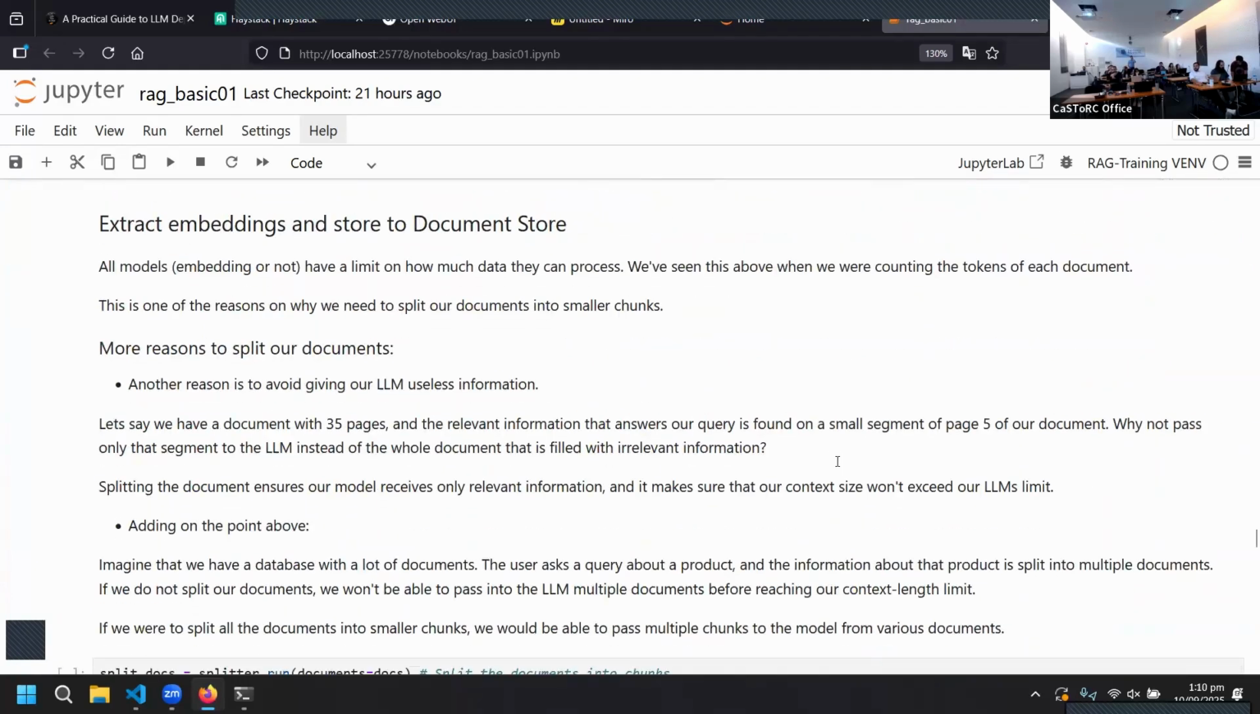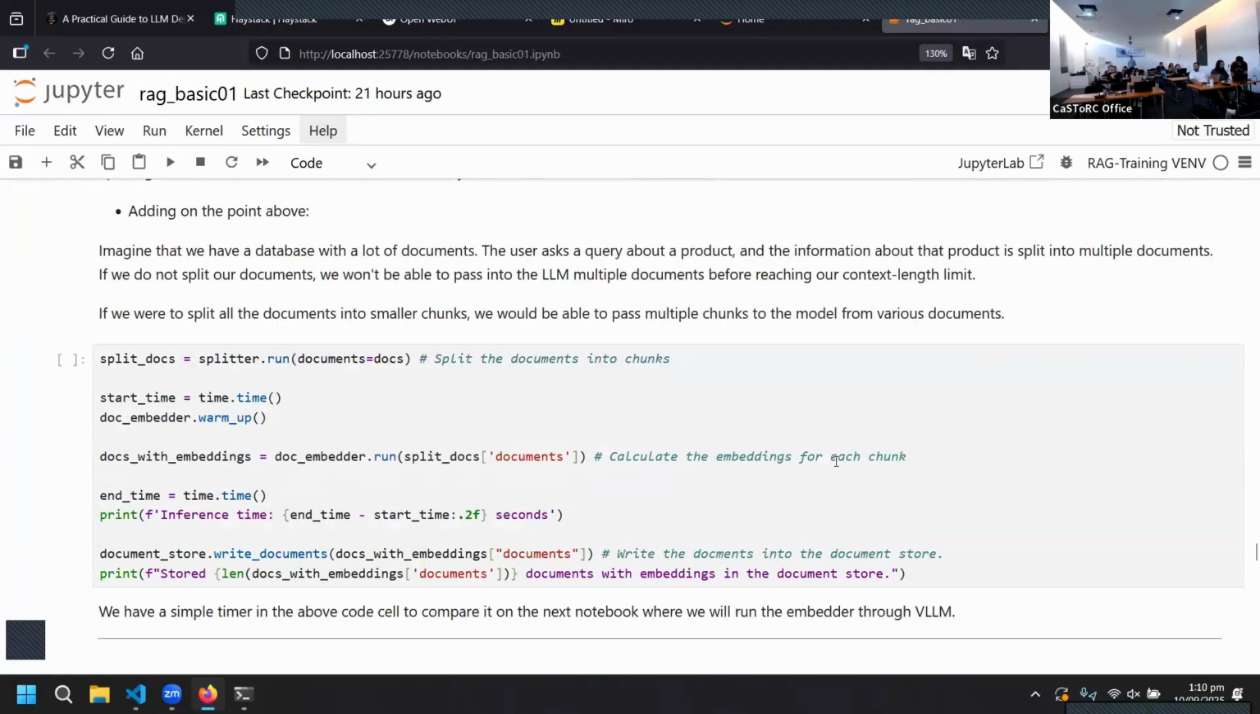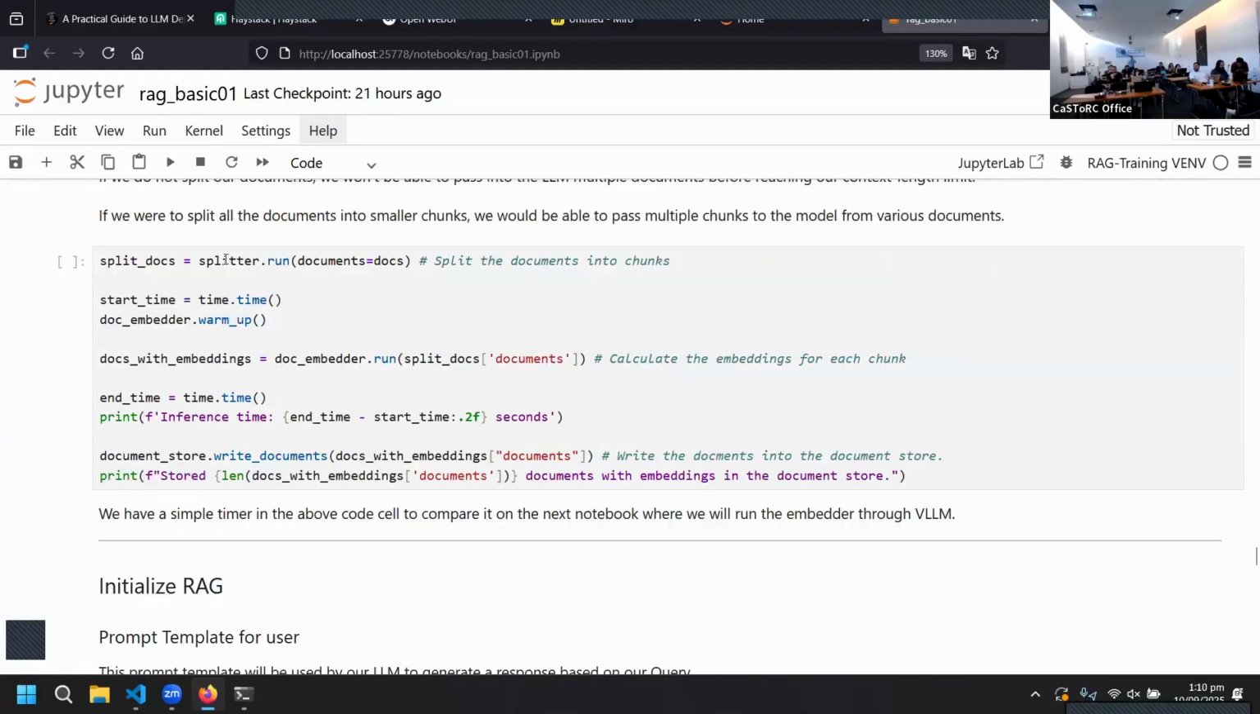So let's initialize the document splitter. We actually initialized it above. Let's run the document splitter. And for this notebook,